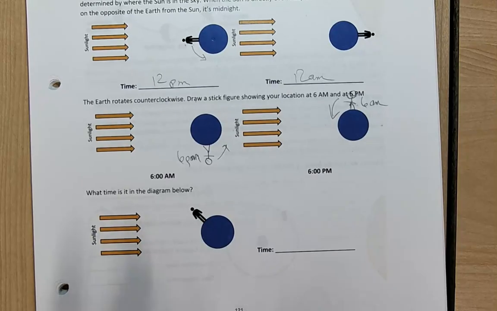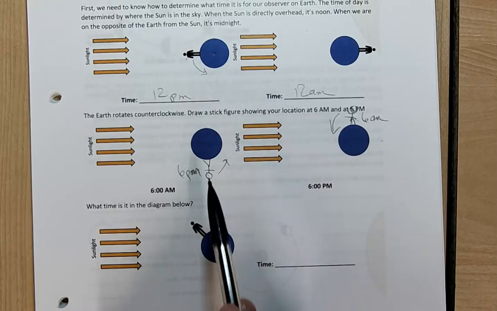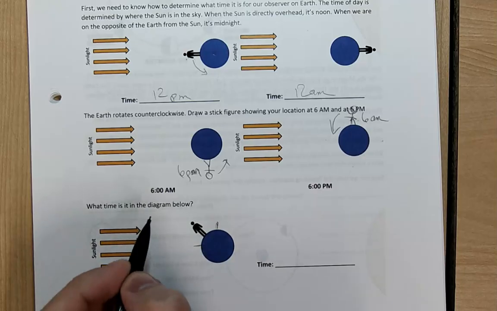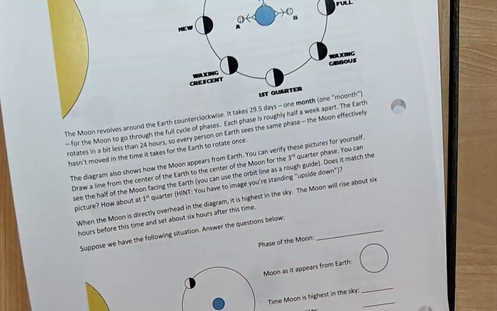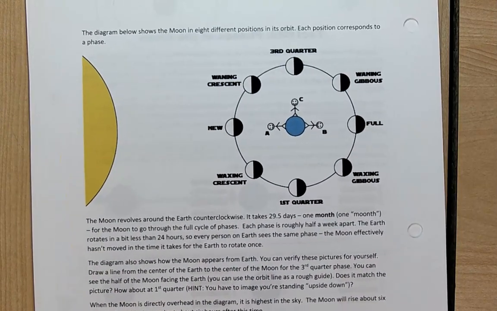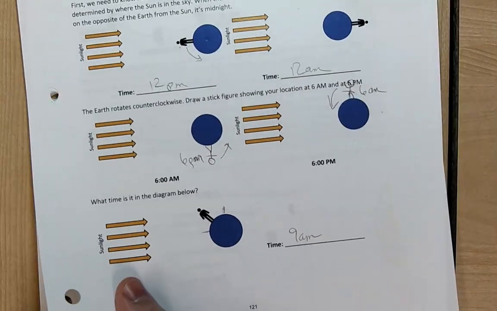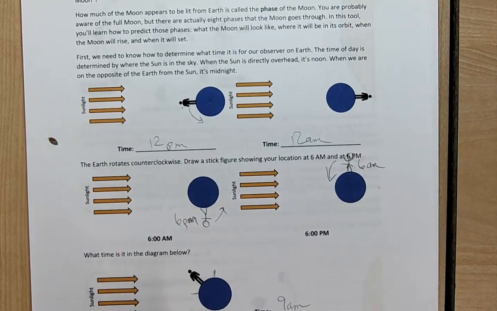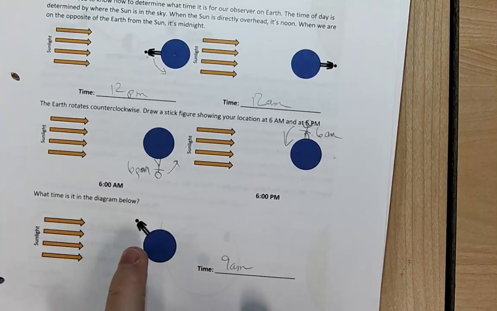All right. Which means if you're right there and the sun is over here for you, what time is it? Well, if you're here at 6 a.m. and you're here at noon, then this is supposed to be 9 a.m., right in between 6 a.m. and noon. Okay. So we have a couple of our variables figured out here. Let me say one more thing that might make life a little easier. If it's 9 a.m. and you're right there, for you,